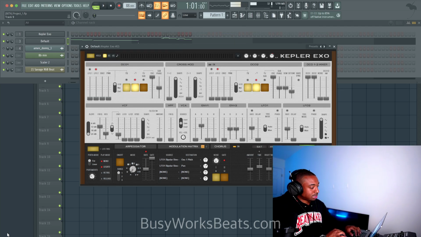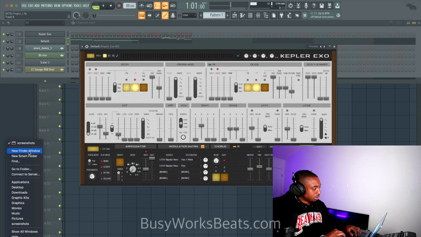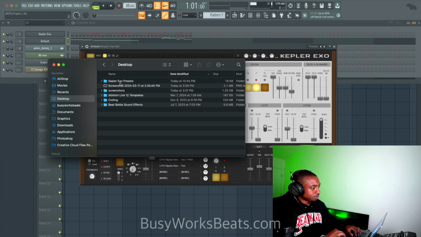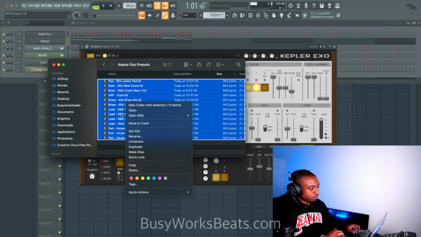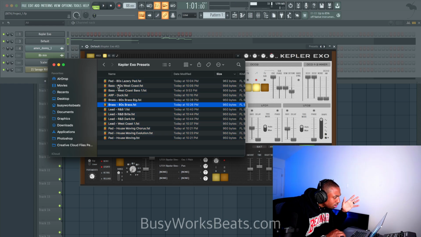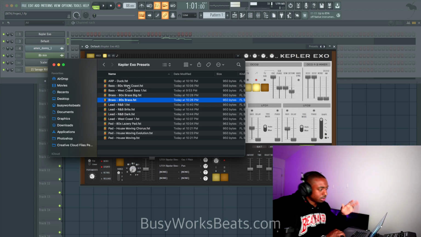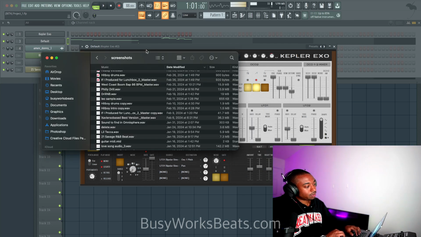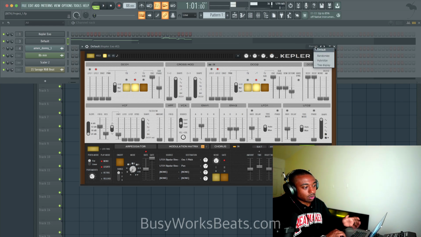And let's see how many presets we have so far. Let's do new, desktop. We have 13 presets. So we have pads, lead, brass, arpeggio, bass, and pad. Why is this pad different? Okay, I guess it was based on size. So we have arpeggio, bass, brass, lead, pad. I'm missing sound effect and synth. So for those, I'm going to quickly sound design because these won't have as much context.